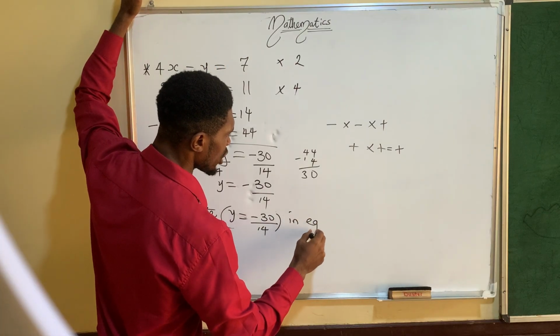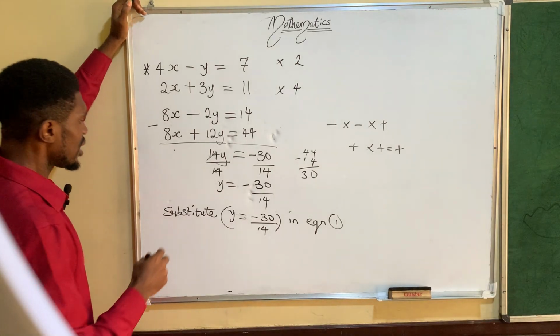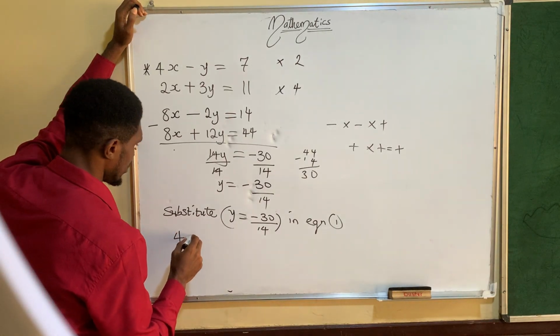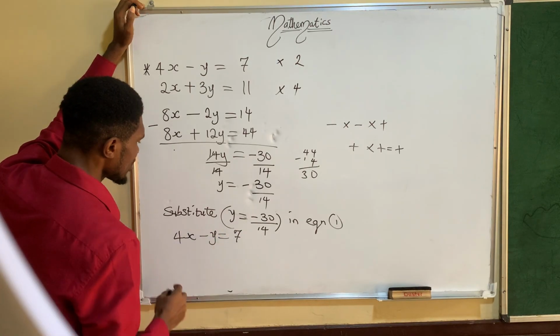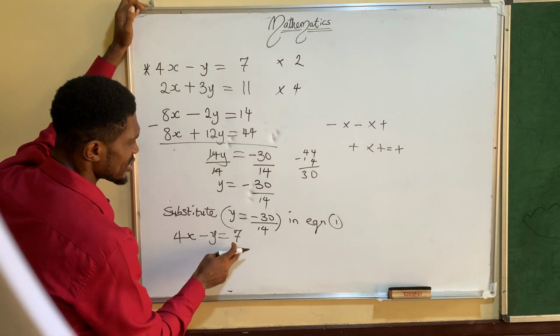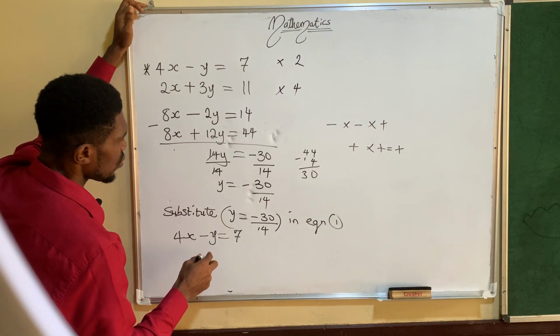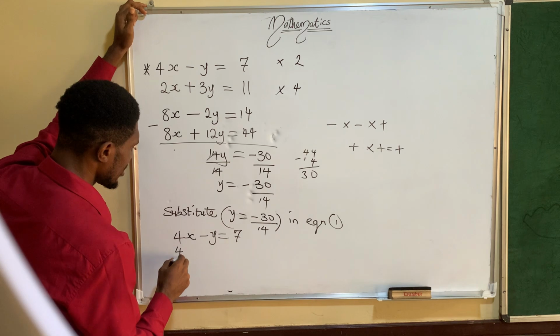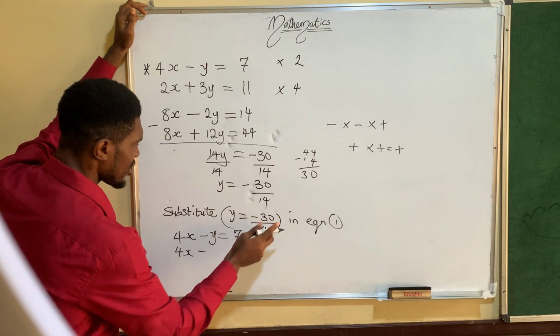We can actually use any equation, but let's use equation 1. So let's write down our equation 1 back again. So we have 4x minus y is equal to 7, right? Wherever we see y, we put what? Minus 30,